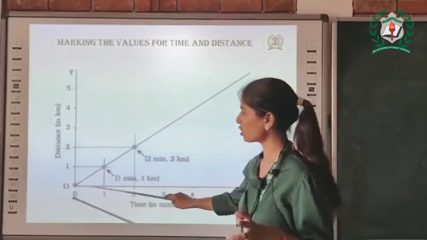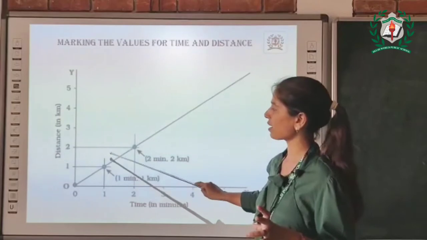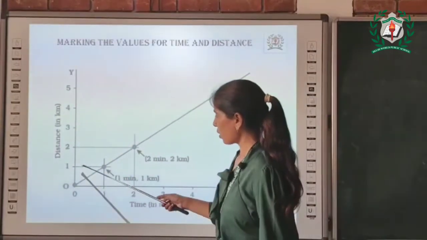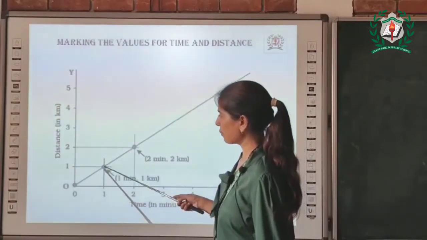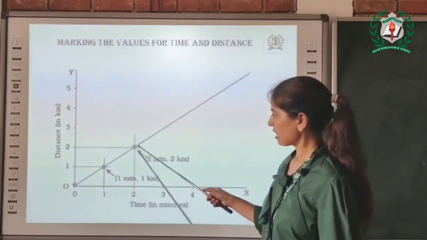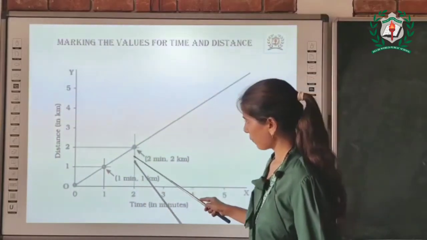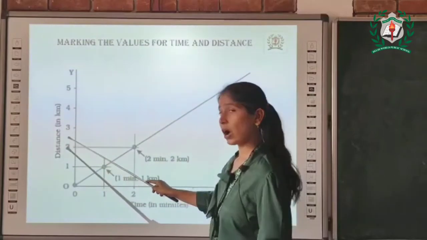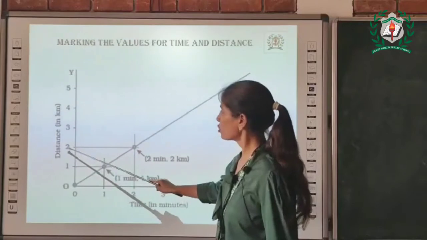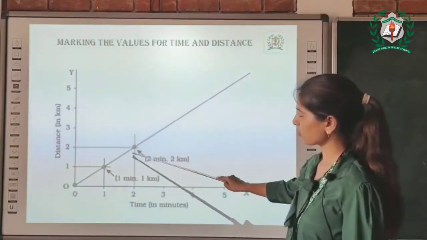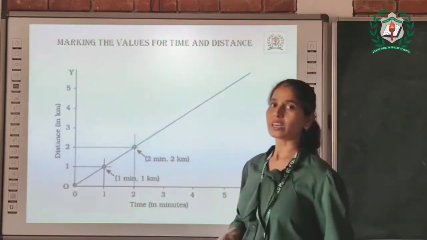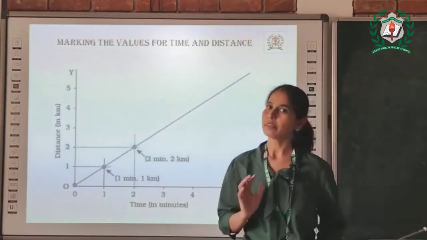मतलब ये जो व्हीकल था, जो चल रहा था, उसकी स्पीड यहाँ पर आकर के 1 किलोमीटर पर मिनट थी. Okay, then we'll continue this graph, and the same vehicle will start to move, and in the next 1 minute this vehicle will reach here at 2 kilometers. So now again we will see where these scales are intersecting. These scales will intersect here at this point. Okay, so this is how we'll calculate the speed of a vehicle on the distance time graph.